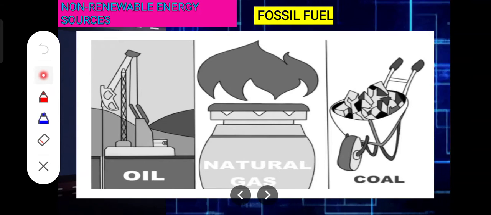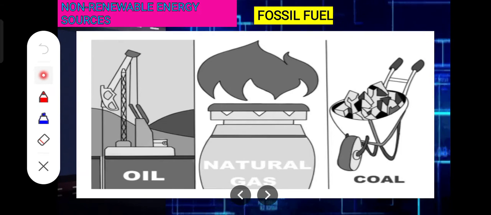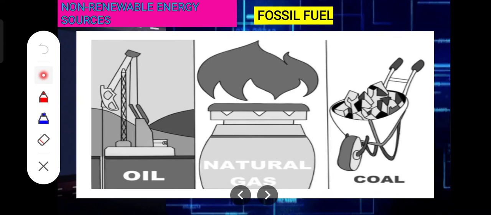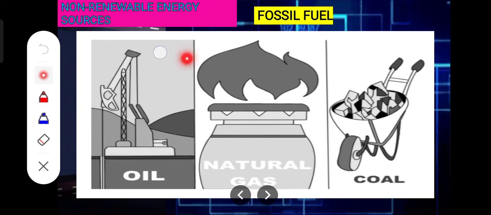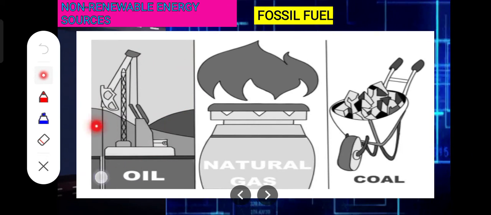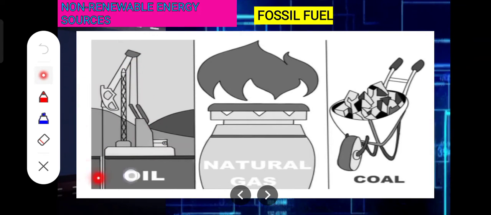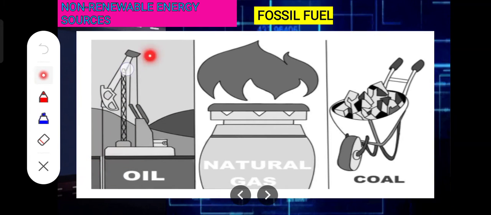So we have here the oil, coal, and the natural gas. Take note that oil is a liquid fossil fuel that is formed from the remains of marine organisms deposited on the seafloor. So that one is oil. So examples are,